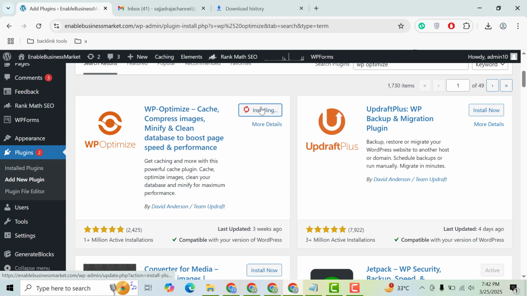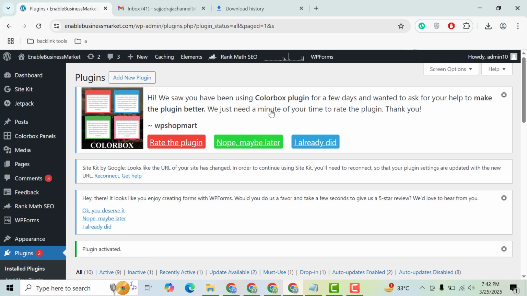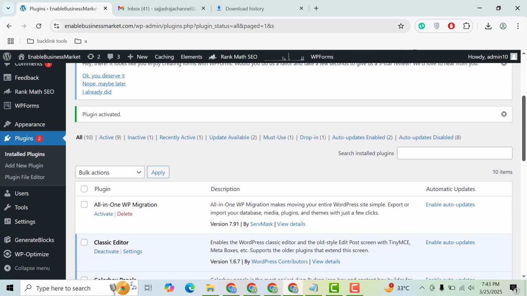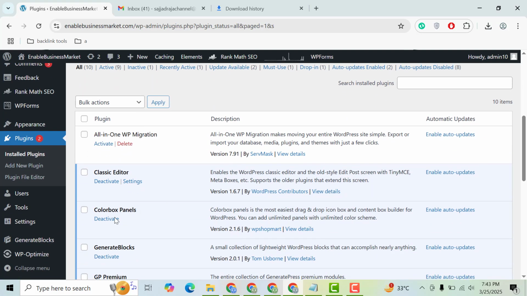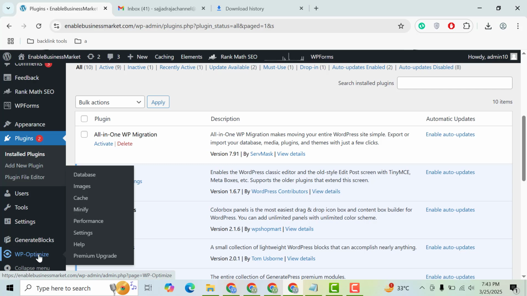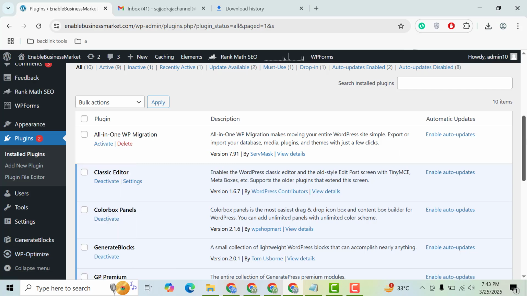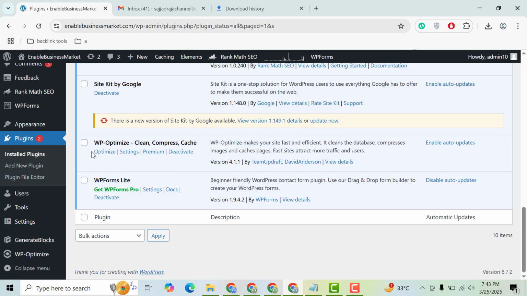Simply you can install it, and after that click on the button activate. So now after activation, let me scroll down, and on the left side here you can see plugin settings. You can also go from here. You can simply click here, settings,